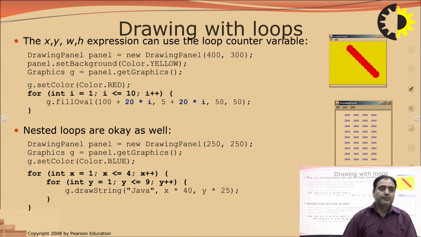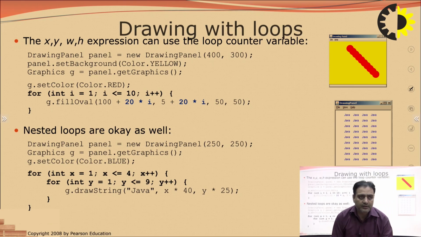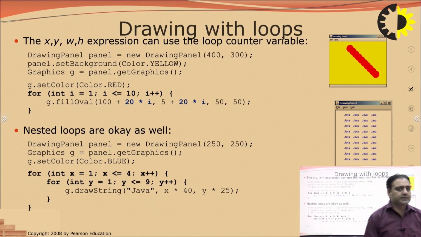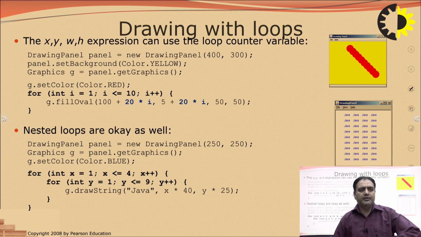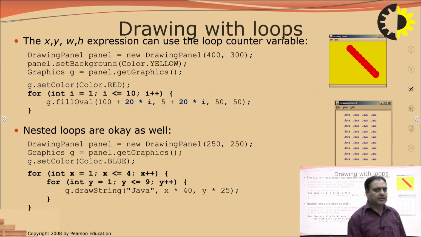In this scenario you can choose each and every object with different colors, or with the same colors. So nested loops are okay here. You can create a number of strings with different coordinates through this method, using the loops.